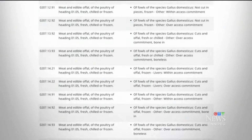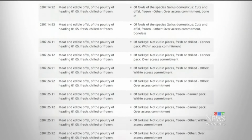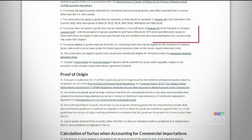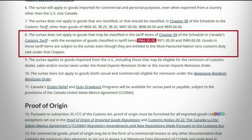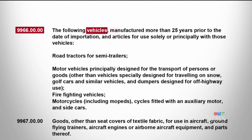Fletcher thought he did his due diligence, but had no idea tariffs would apply to his car. So how did this happen? On this list of U.S. items Canada is tariffed as of March 4th, vintage cars are nowhere to be seen. But buried on this customs notice is this paragraph with a list of codes that fall under the 25% tariffs. You have to go to Canada's Customs Tariff Act to find out one of those codes includes vehicles manufactured more